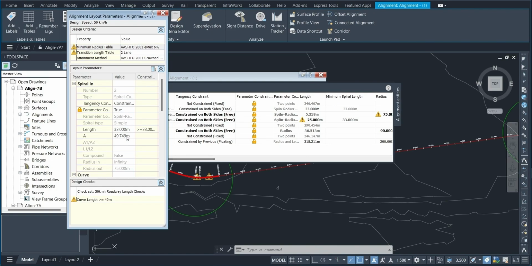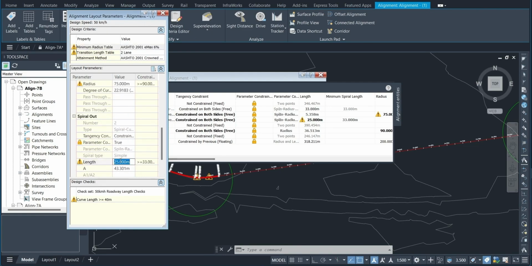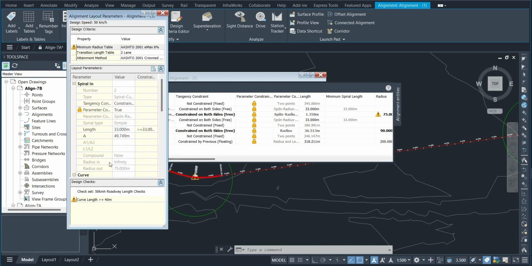Correct design criteria violations. In the Alignment Layout Parameters window, on the Layout Parameters panel, change the spiral in length value to 33.000 m. Press Enter. Notice that the warning symbol is cleared from the spiral in length row. Change the spiral out length value to 33.000 m. Press Enter. Change the curve radius value to 100.000 m. Press Enter. The warning symbol is cleared from the curve radius row, as well as from the Alignment